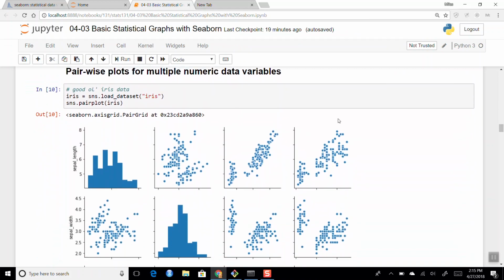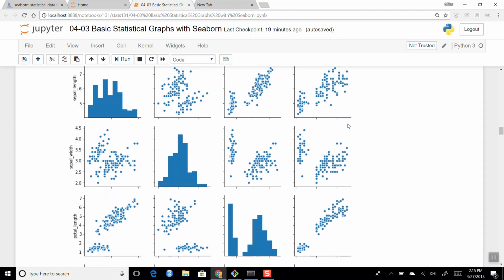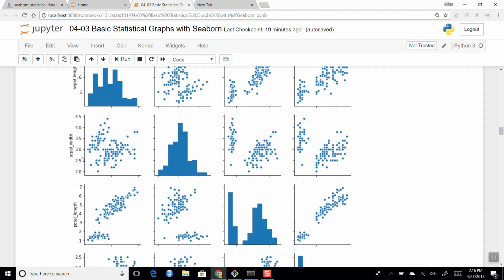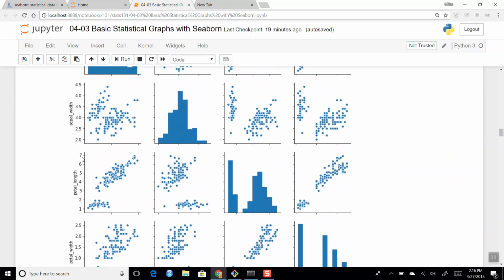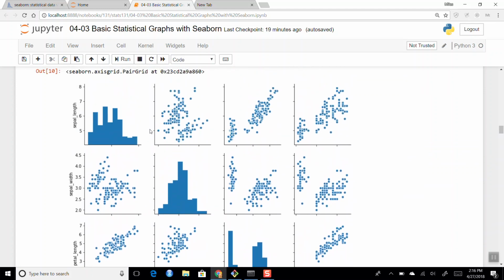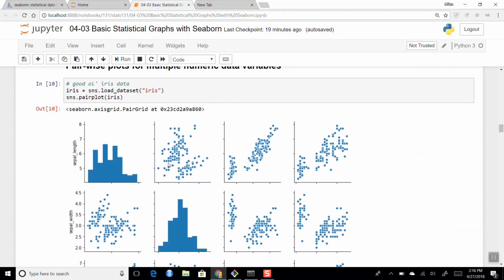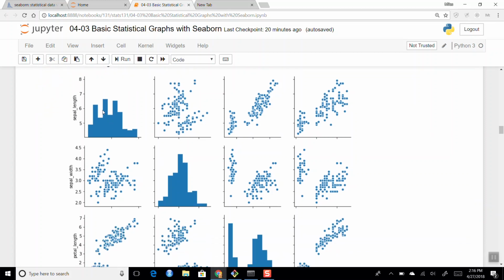And then if you have a bunch of numeric data, this is kind of like a pairs plot in R, pairwise plots. So here I'm loading up our old friend Iris, and we'll do pairplot of iris, and so we've got the 4 variables: sepal length, sepal width, petal length, and petal width, and we can see the correlations between sepal length and sepal width and all of that. And rather than leaving blanks down the diagonal like the pairs plot in R, or just having the variable name down the diagonal, here we have